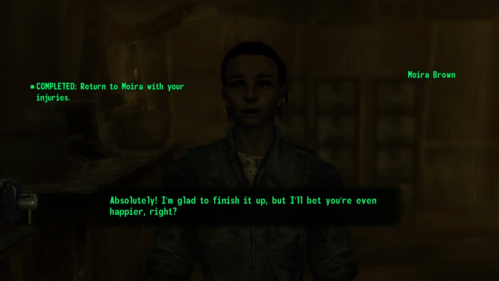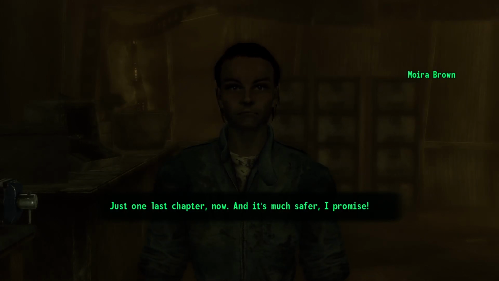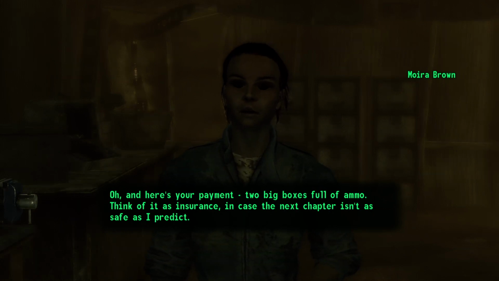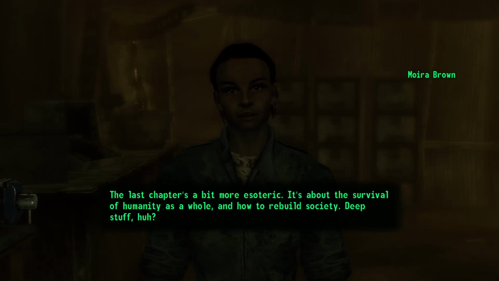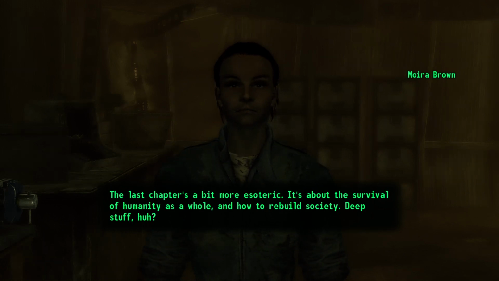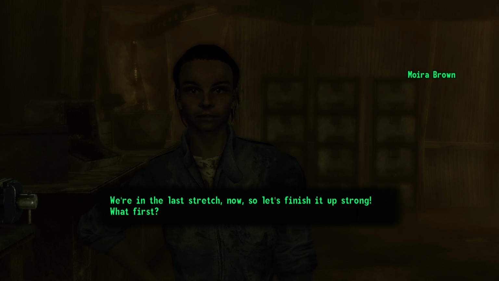Absolutely! I'm glad to finish it up, but I bet you're even happier, right? Just one last chapter now, and it's much safer, I promise. Oh, and here's your payment. 2 big boxes full of ammo. Think of it as insurance, in case the next chapter isn't as safe as I predict. The last chapter is a bit more esoteric. It's about the survival of humanity as a whole, and how to rebuild society. Deep stuff, huh? We need to know how large settlements are formed, how to harness the old technology, and I'll need you to get ancient history from a nearby library. We're in the last stretch now, so let's...